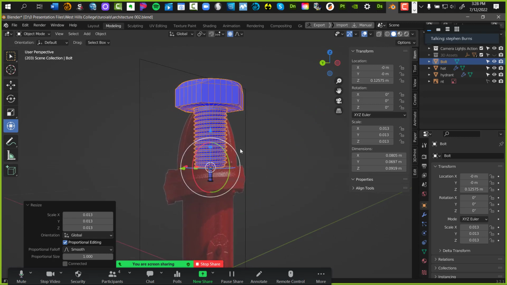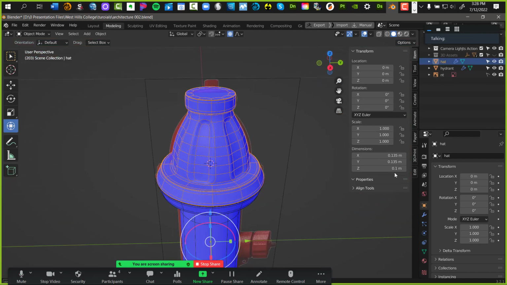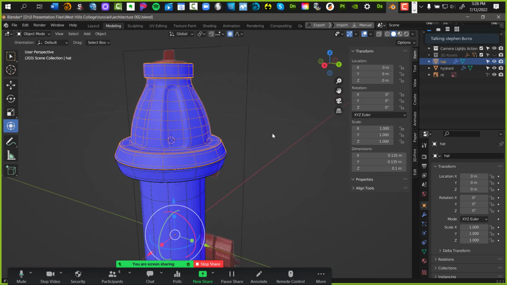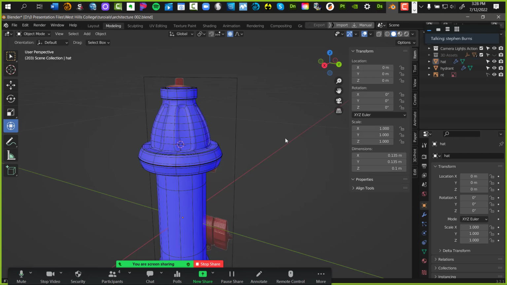Okay, weird. Okay, I'm going to undo this. What's happening is it's attaching itself to the geometry and it shouldn't be. I'm telling it not to. So I'm going to deselect it. All right, we're going to go back and do it again.